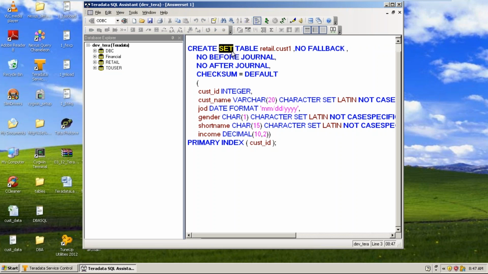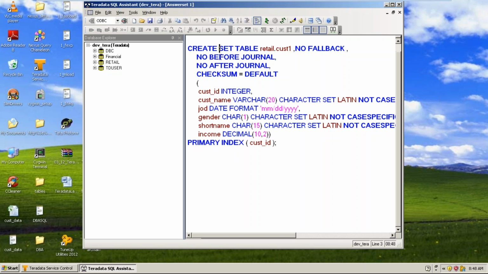Whenever it is a set table, it is preferred to have a unique primary index in the table. Here it is a non-unique primary index, but it is preferred to have a non-unique primary index in the data warehousing tables, so that we can optimize the load process. Instead of verifying the incoming row against all these rows, we can verify it only at the cust ID column itself, to determine whether it is a candidate row to be inserted in this table or not, so that we can optimize our insertion process.